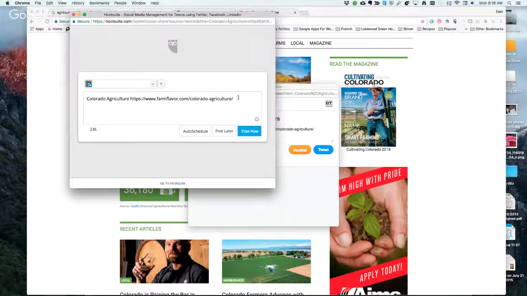This is stuff I have already pre-set up, but it helps me to be efficient to have this dashboard because I'm often logged into somebody else's account that I've been maintaining. And just like this instance, I want to send it from my Farm Food for You, but I was logged into the wrong account. Because of HootSuite, I'm able to make that switch quickly.